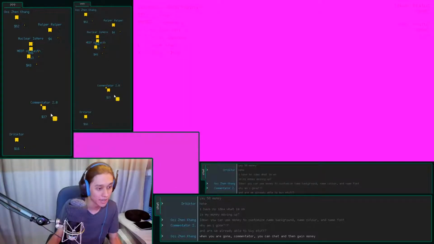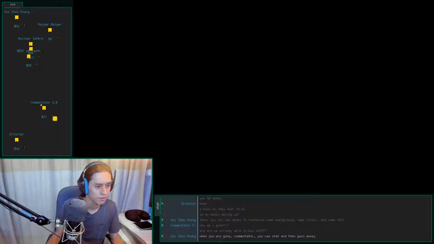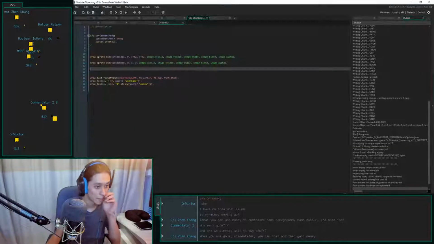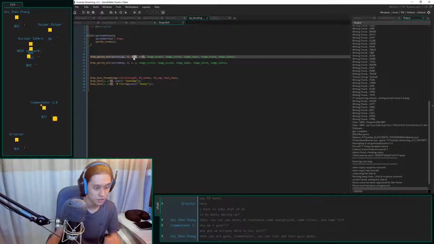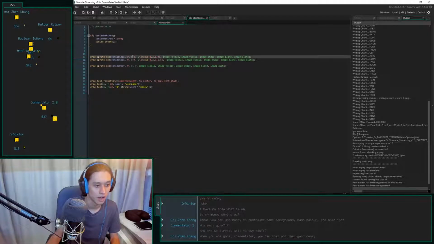So it looks like the leg is okay, but I'm not sure what that is. That might be a texture error. So let's do X plus... Oh, that's right, because we have image X scale. So actually this is X plus... Actually, what I had earlier was correct. I just needed to multiply all of this by the image X scale.